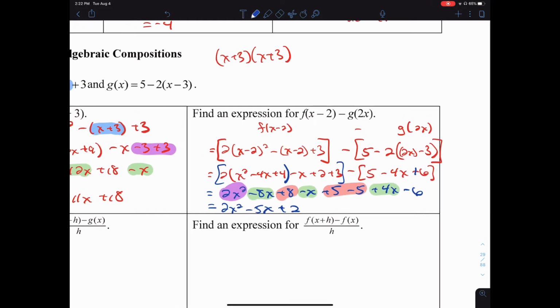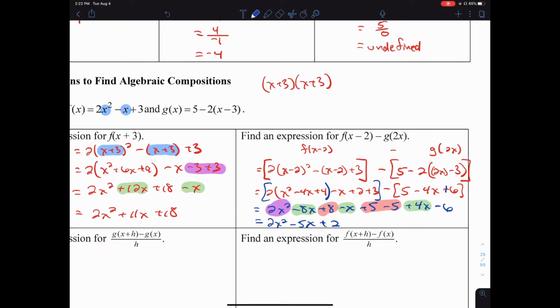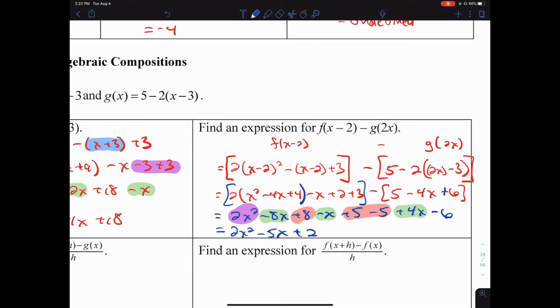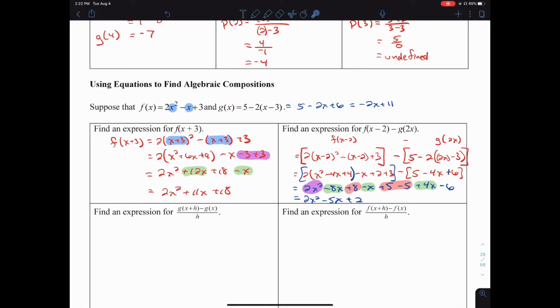Now, one thing that would have made this easier for us, a lot easier, is to simplify this at the very beginning. I intentionally didn't do that just to show you the mess that can create. We could change this to 5 minus 2x plus 6, which in turn could get changed to negative 2x plus 11. Had we done that at the very beginning, it would have made this a little bit less complicated. In fact, I'm going to do that